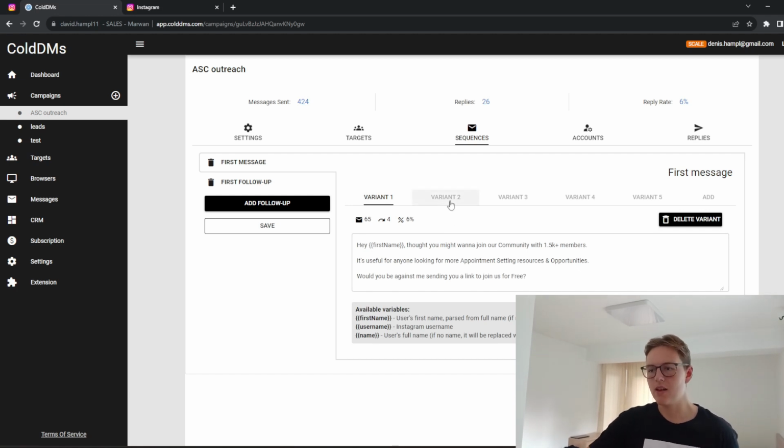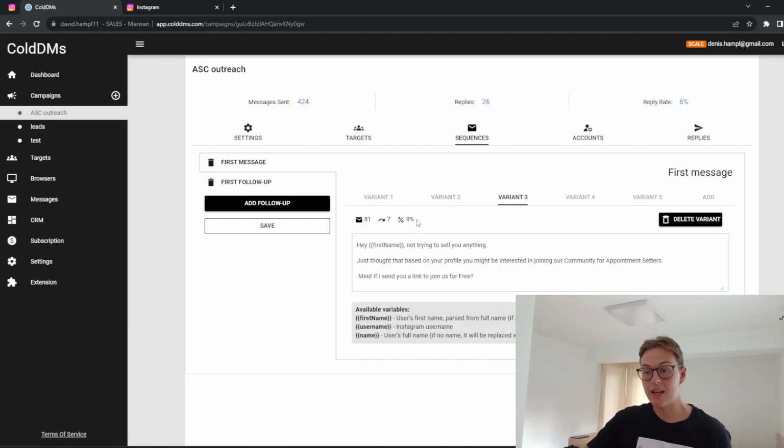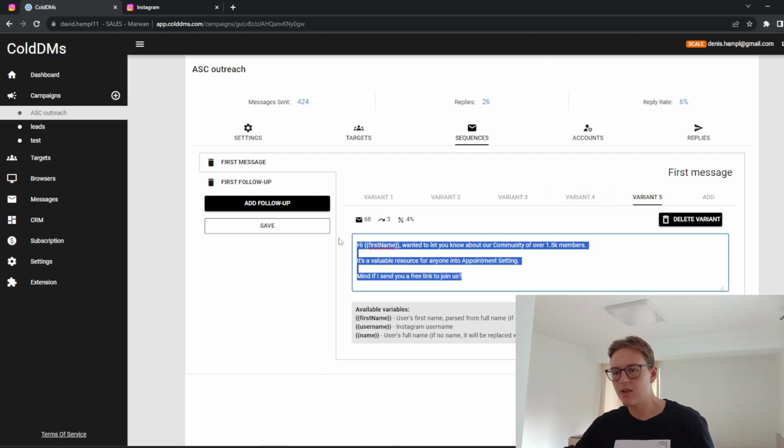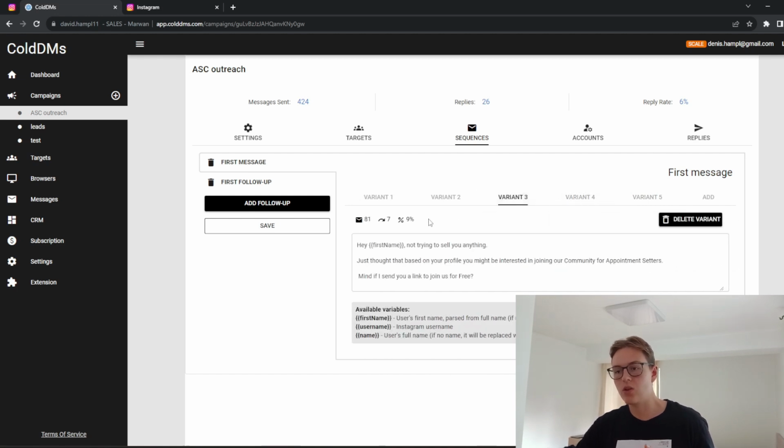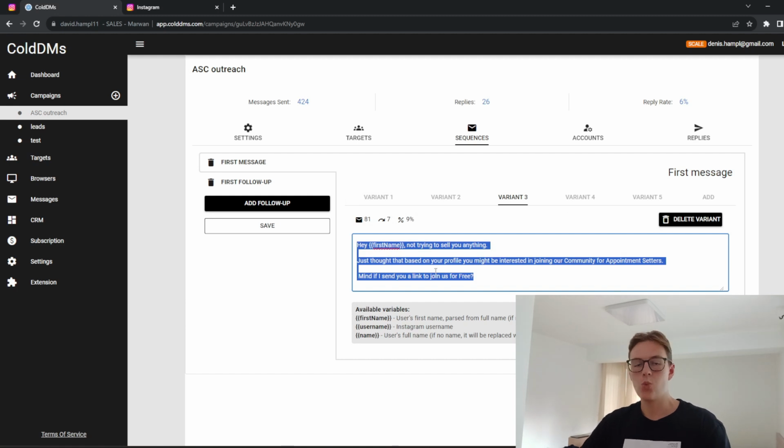So let's compare mine. I'm just inviting people to join the free group, and to be honest, 9% reply rate is crazy for this, since about 50% of those are actually joining the group. So for me, that's fantastic. And you can see here, some of those are not doing so great, some of those are doing way better, and then you can just adjust it, replace it with a slightly different tweak,